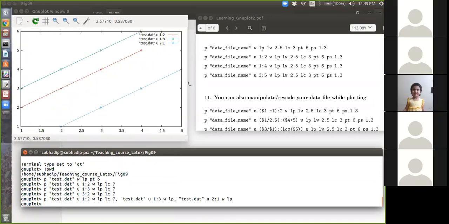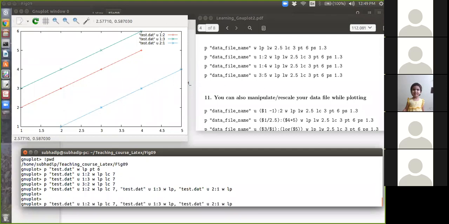It will give you 3 plots, with different point types and different colors, you can specify them. So 3 columns can be used in whatever way you want.